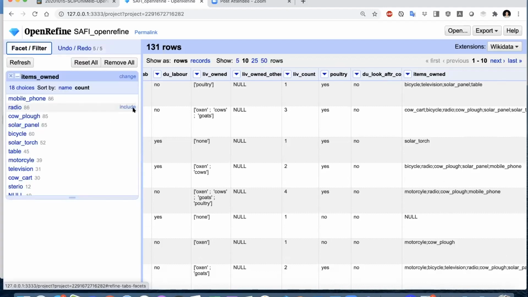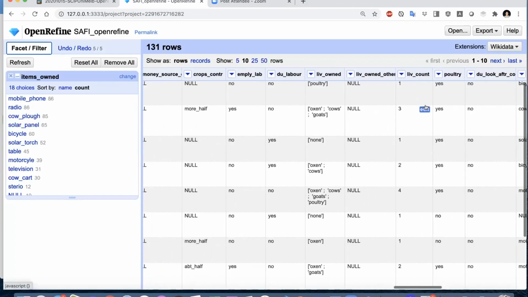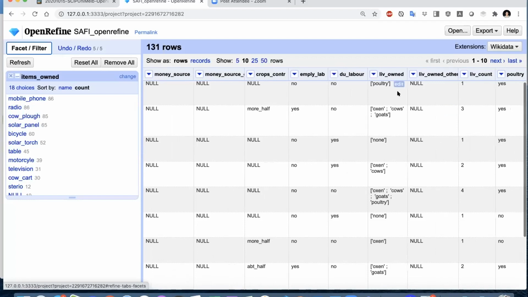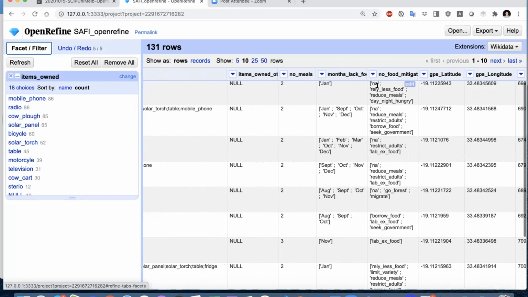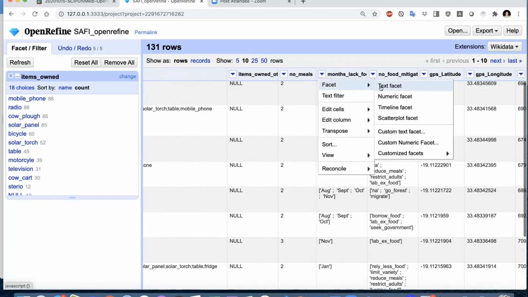I actually skipped over something else that I wanted to show you. So we did all this cleaning for the items owned column to see which items were most owned and least owned. And I'm introducing this because I'm asking you to do this as well in the exercises. So let's try to find the month/food column. And I know there's a lot of columns here, so it's kind of hard to find. So if I want to do exactly the same process here as I did with the items owned thing,